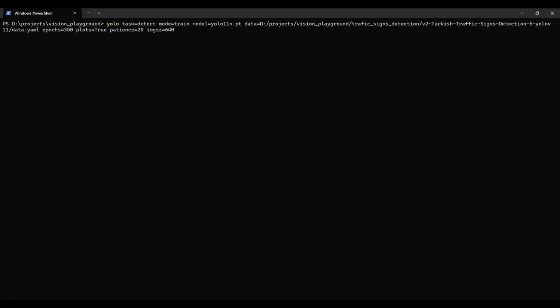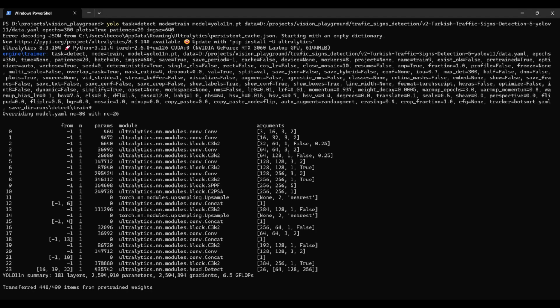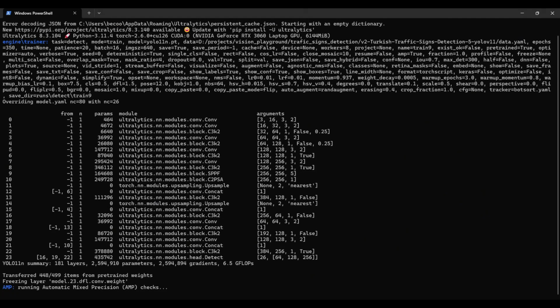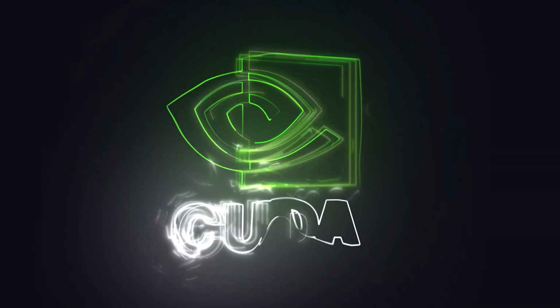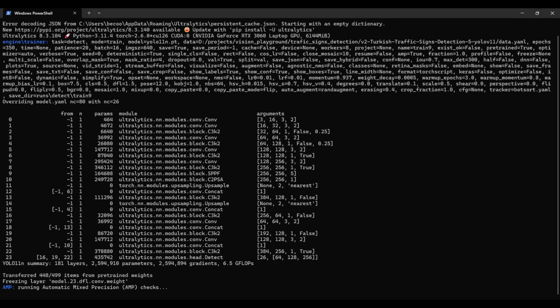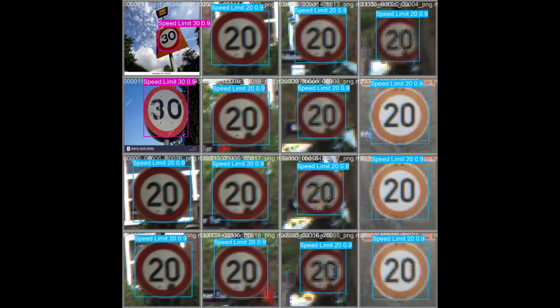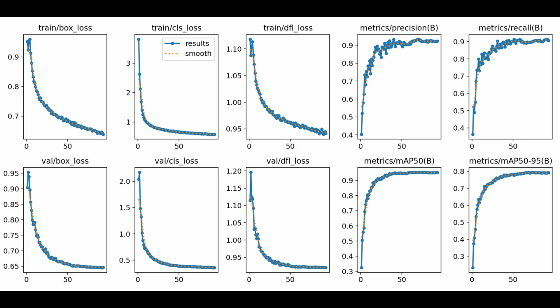The training process focused on fine-tuning a YOLO model using my own dataset. I used Python, PyTorch, and Ultralytics, which provided a streamlined and flexible training environment. I utilized CUDA on an RTX GPU. This allowed me to train the model significantly faster than using a CPU, enabling experimentation with different hyperparameters and model sizes. The dataset was divided into 70% for training and 30% for validation and testing, and the model achieved a